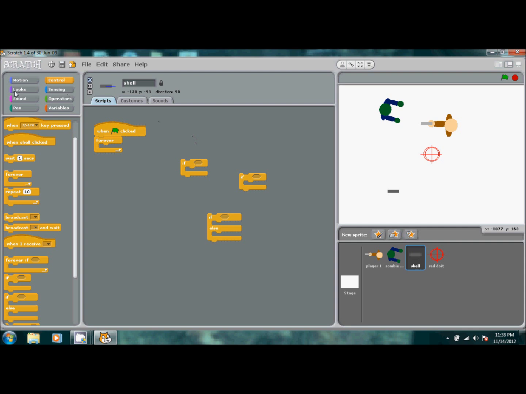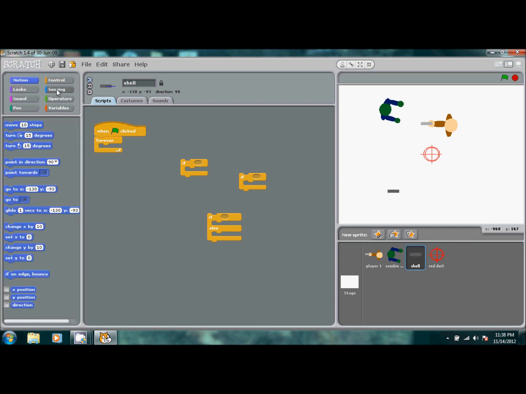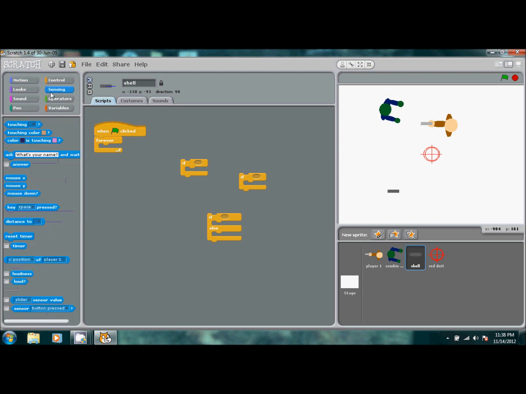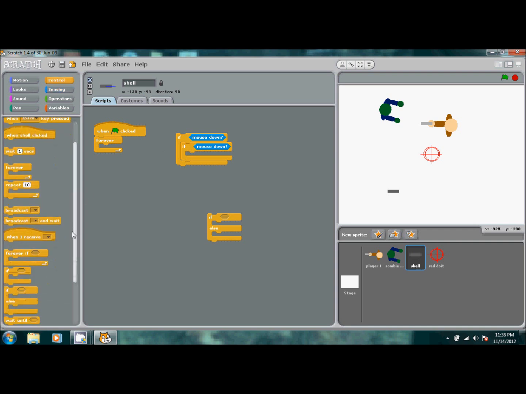And to shoot the zombie, we're going to make it when you press down. So if mouse down, and then if the mouse is down.